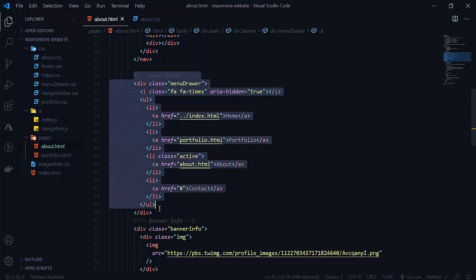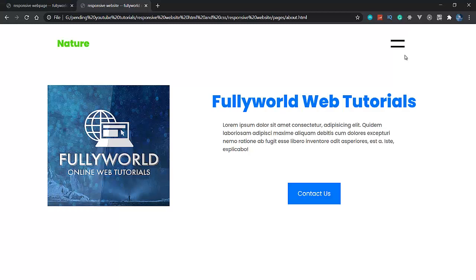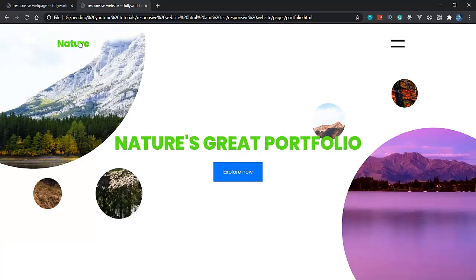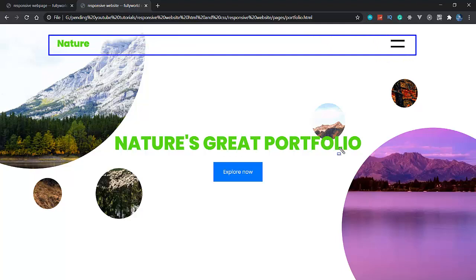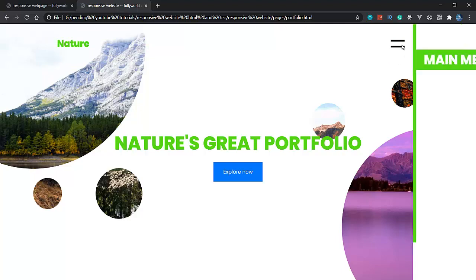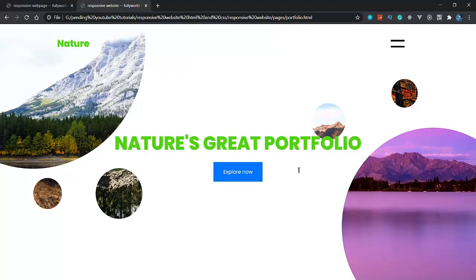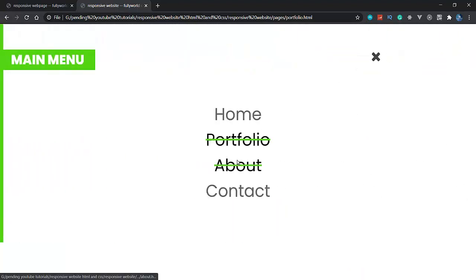Then there is our menu drawer. We also want the menu drawer because it is at every point. See, there is a menu drawer in the about page and in the portfolio page. When I go to the portfolio page, see, this is our whole navigation bar. Since the navigation bar is there, the menu drawer is also there, and after that the footer is also there. So that's why we want it in the contact section also.